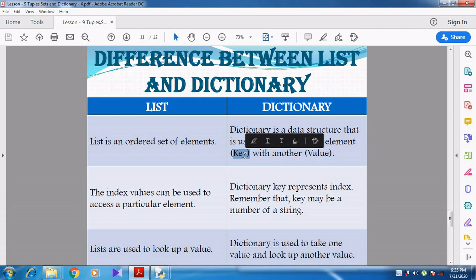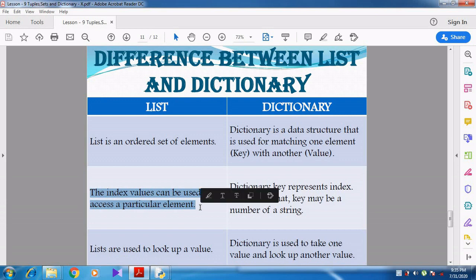But a list is an ordered set of elements. For example, if I give 10, 11, 12, 13, 14, it goes in an ordered manner. Here the index values can be used to access the particular element.